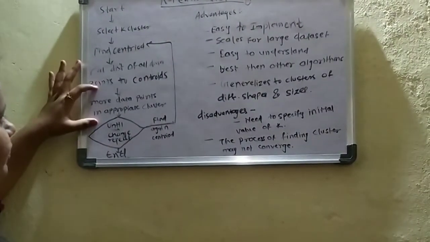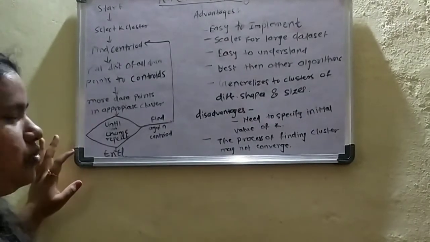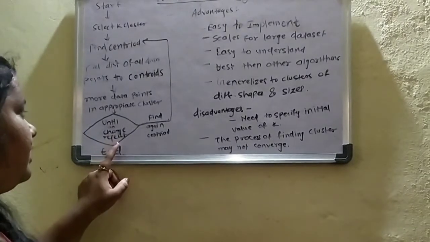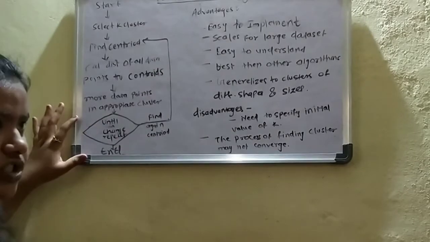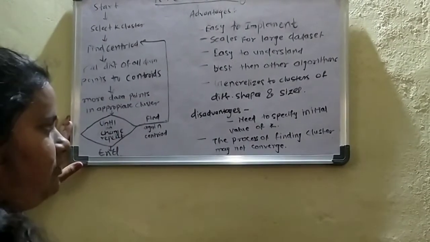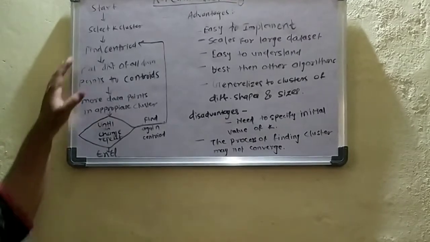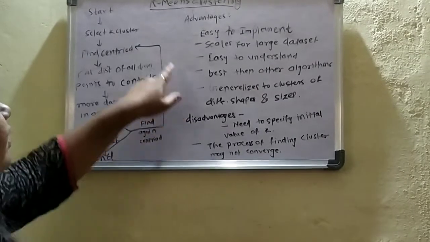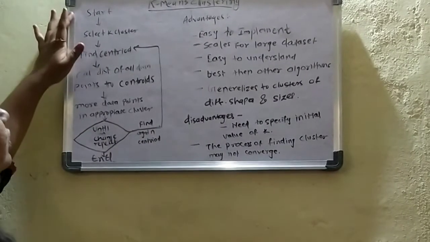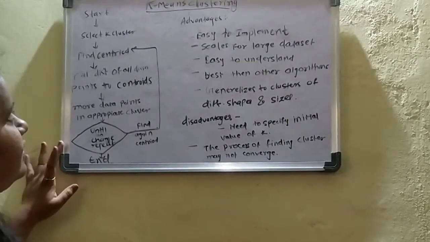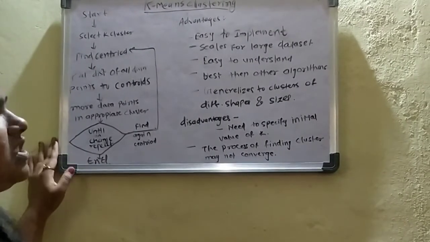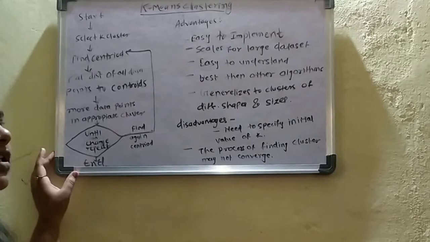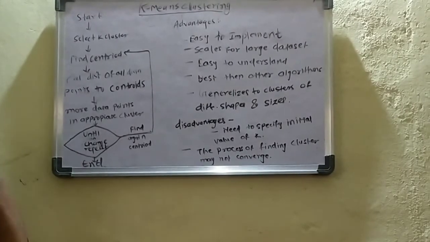That same process we have to repeat until there is no change in the clusters. If there is a change, then we have to repeat the process again. If there is no change, meaning the clusters we get after repeating the step are the same as the previous clusters, then we end the process. Else, if the clusters are different, we again repeat the process and do the same things. So this is a simple flowchart to find the clusters using the K-means clustering algorithm. Once we go through the numerical, the flowchart and the process will become easy. In the further videos, I will be demonstrating a numerical on K-means clustering.